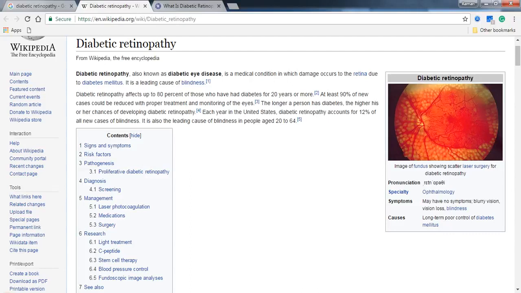It is a leading cause of blindness. Here you can see a diabetic retinopathy fundus image, showing scatter laser surgery for diabetic retinopathy. It affects up to 80% of those who have diabetes for 20 years or more. At least 90% of new cases could be reduced with proper treatment and monitoring of the eyes.